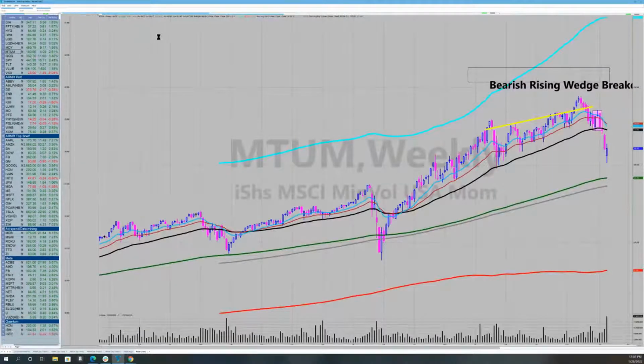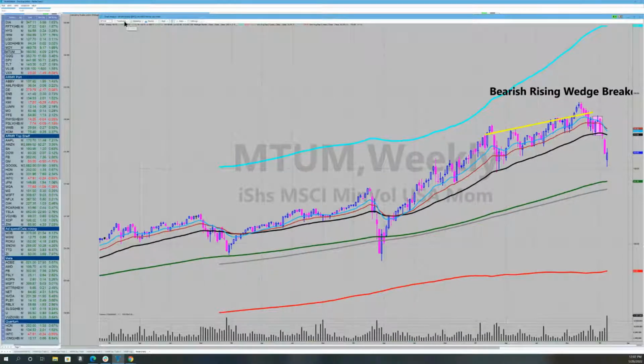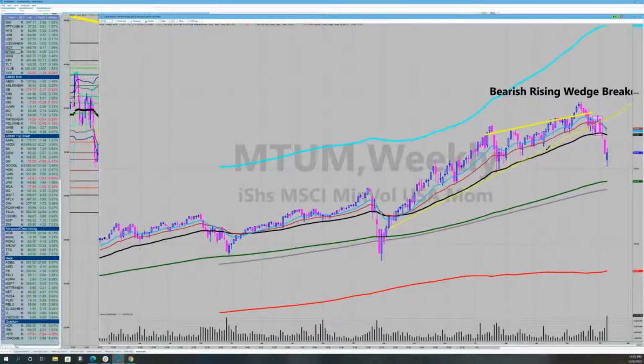You say to me, well, that's small cap, mid cap. Okay, here are the momentum stocks. I'm just trying to give you perspective. That's what happens when a rising wedge breaks and accelerates lower. Doesn't mean it can't have an up week. So let's get back to